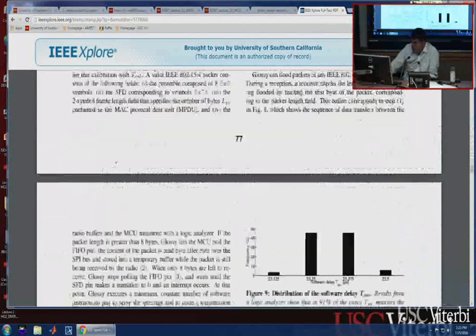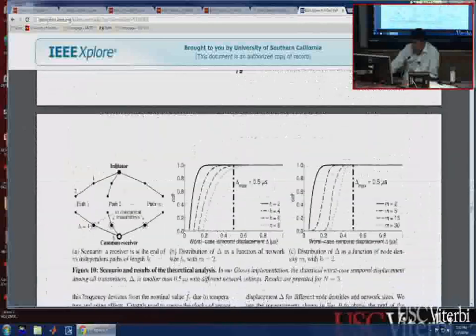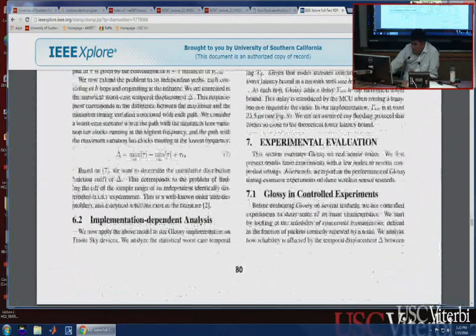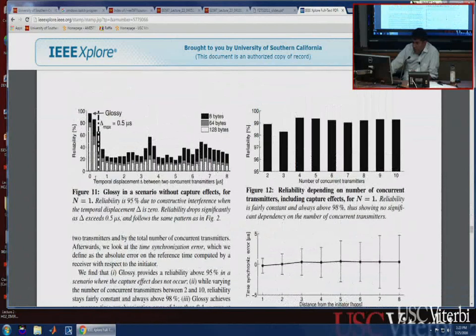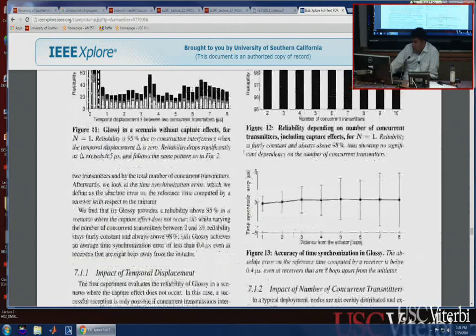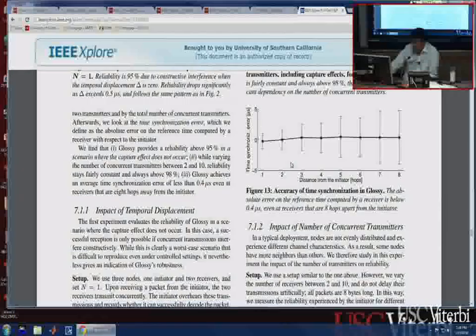So it's a lot of actual implementation details. We'll put up this paper as well if you're interested in learning more about how Glossy is done. So here is again their experimental evaluation, not just with two nodes, but with a larger number of nodes, that you're getting very high reliability for low synchronization values close to half a microsecond or less. And this reliability, actually, once you have about 4 concurrent transmitters, you're getting above 99% reliability. So that's the key is to get it to be above about 4 or 5 nodes nearby to be able to give that very high